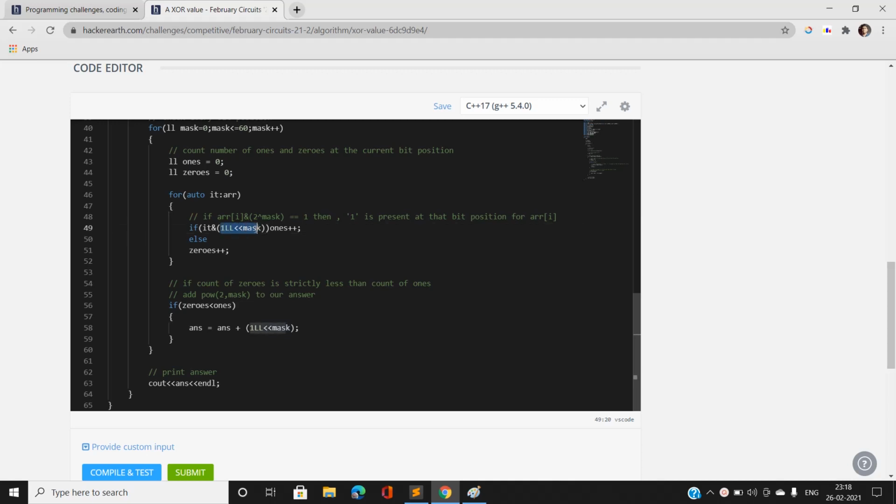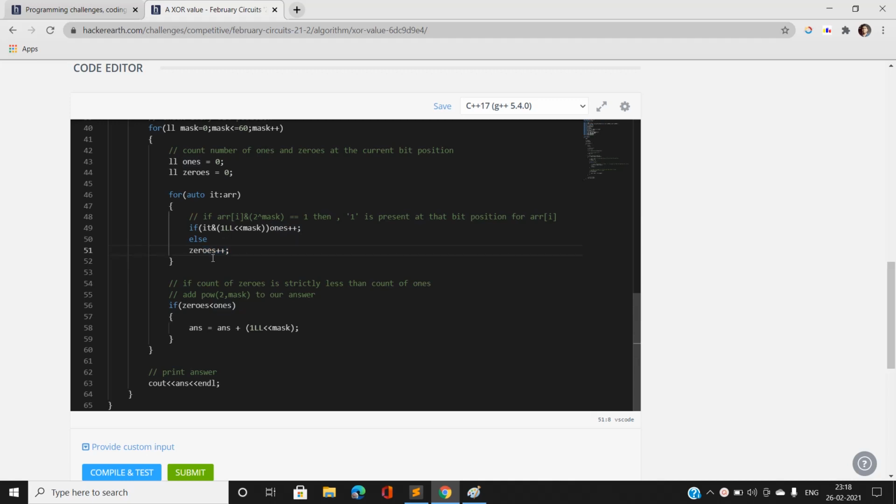And I'm going to take the AND with the value of the array. Why am I going to take AND with the value of the array? Because this will tell me if that bit position is equal to 1, then I'm going to increment my ones, otherwise I'm going to increment my zeros.